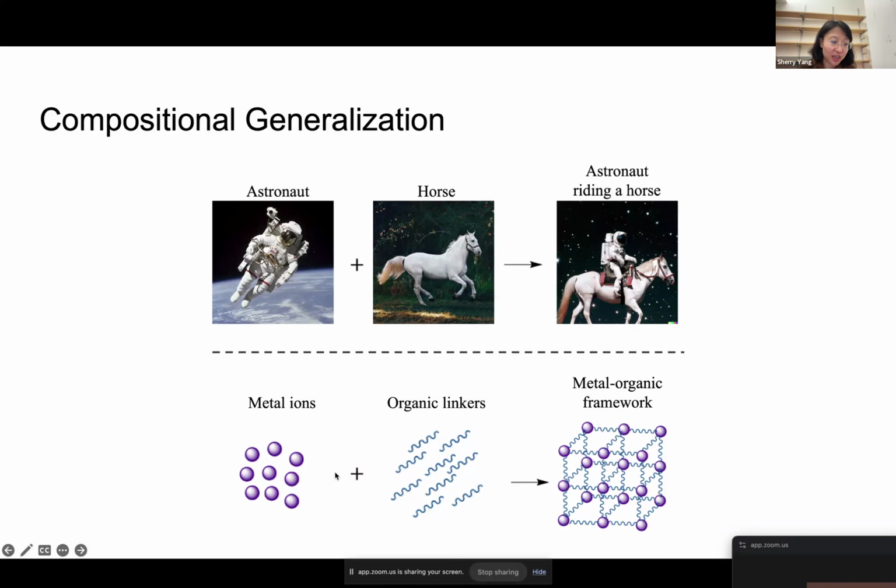So I think this is where we, as machine learning AI people, can come in and actually tell them you can train a single model across diverse data sets and get back something very interesting in terms of compositionality. Similar to how you compose astronaut riding horses, because astronaut riding horses is in the text, the relationship between atoms is also in the formula, right? Like what composes with what. And now you have a new formula, which is a new way of composing atoms. And you can get something very similar to astronaut riding horses, but in a structure space.